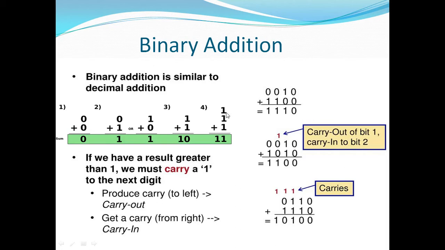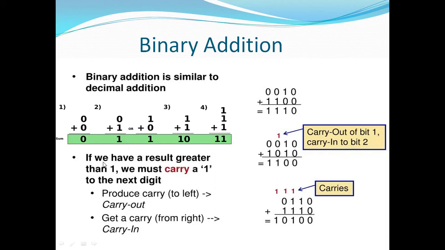Similarly, rule 4 says whenever we add three numbers, 1 plus 1 plus 1, in decimal the result is 3, but the binary equivalent is 1 1. 3 is written as 1 1 in binary. This is not ten, this is not eleven, this is binary format, so we'll call it 1 0 or 1 1.